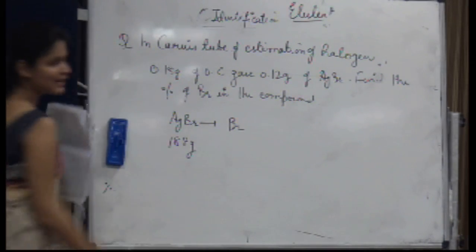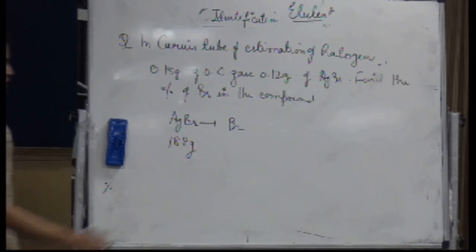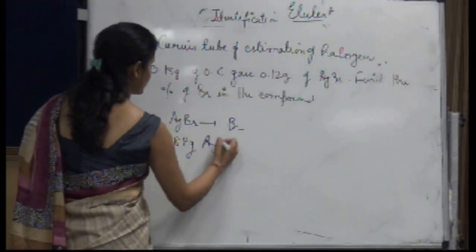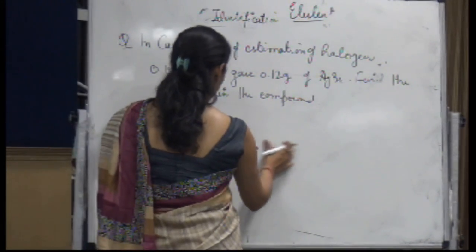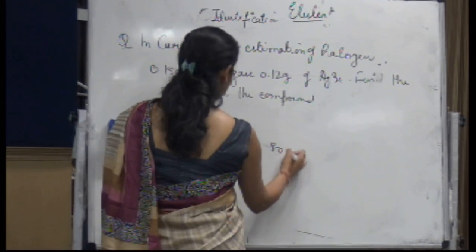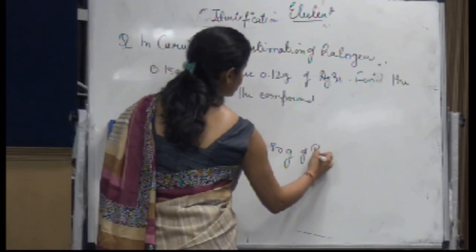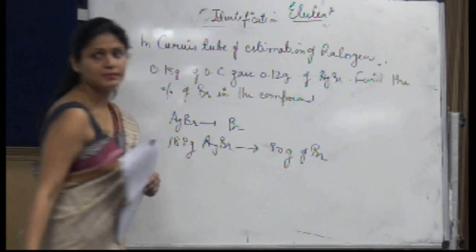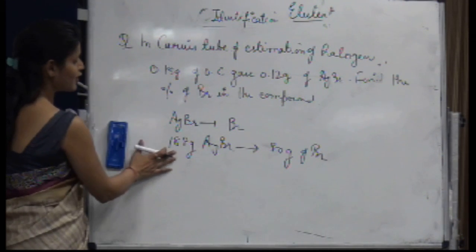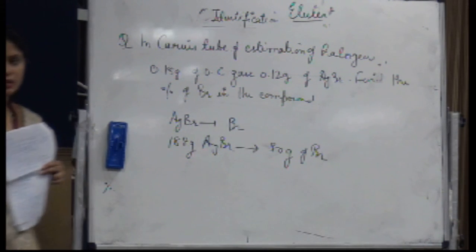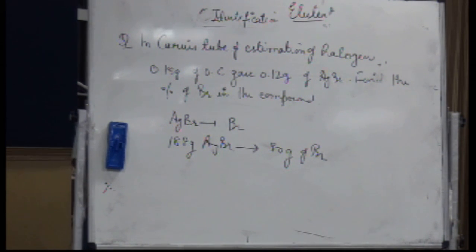So 188 grams of AgBr would give, what is the molar mass of bromine? 79.9, but usually we write it as 80 grams. So if 188 grams of AgBr is giving 80 grams of bromine, then